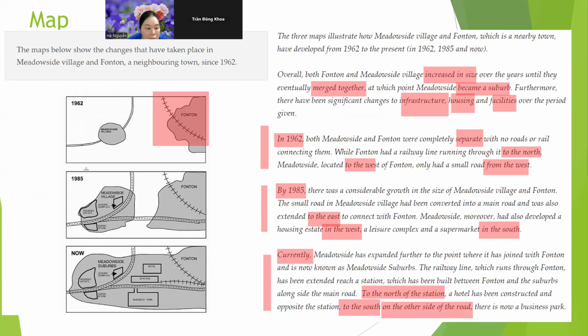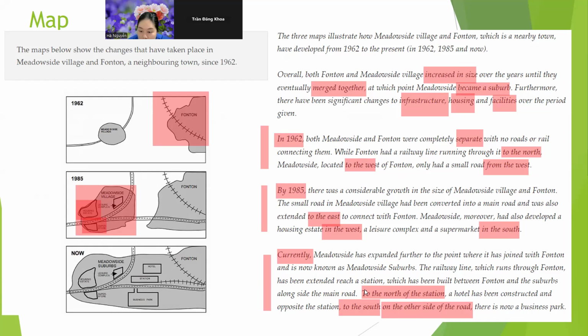Meadowside, moreover, had also developed a housing estate in the west, a leisure complex and supermarket in the south. Yeah. Đó thì đấy, qua hai cái ví dụ đấy, qua để cô đánh dấu ở trên bản đồ thì mình sẽ thấy ngay in the west là ở phía tây, nghĩa là bản thân cái housing estate đấy nó nằm luôn ở phía tây. Đó, và in the south là cái superstore đấy nó nằm luôn ở phía nam. Đó, thế còn to the west hay to the east, tóm lại cái sự khác biệt giữa in và to là về phía nào đấy và in là ở ngay cái phía đấy, nó nằm luôn ở cái vị trí đông tây nam bắc nào. Ok, tương tự này, to này,